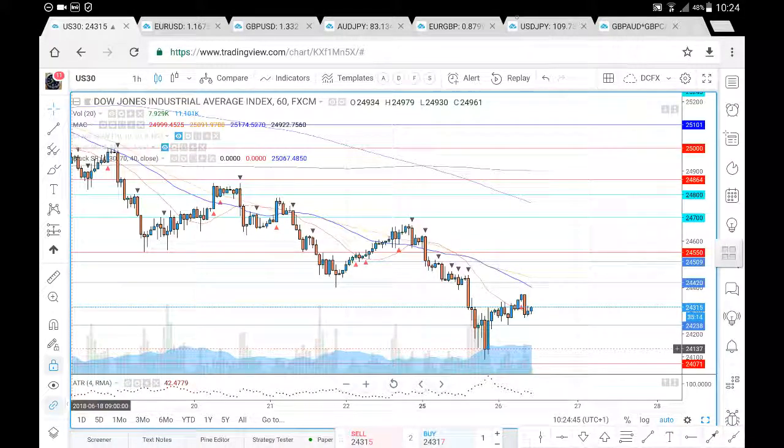So this is the US 30 analysis for Tuesday the 26th of June. Now let's have a look at the prices and where prices may likely go. Previously we had prices trade beyond even the 24,238. We traded pretty close towards that